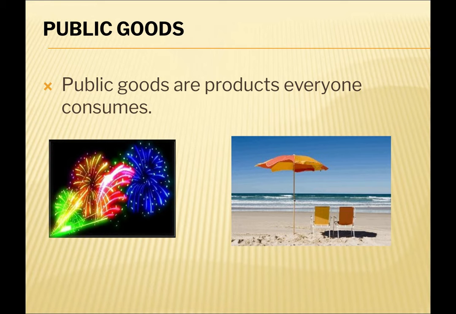So the use of this beach by others doesn't diminish enjoyment from other people that are there. Now, obviously, if it's going to be super crowded, yes, that would diminish maybe your enjoyment. But for the most part, public parks, public beaches, they're going to have that non-rivalry. So anyhow, the public good has got to have both of those characteristics: non-exclusion, non-rivalry.